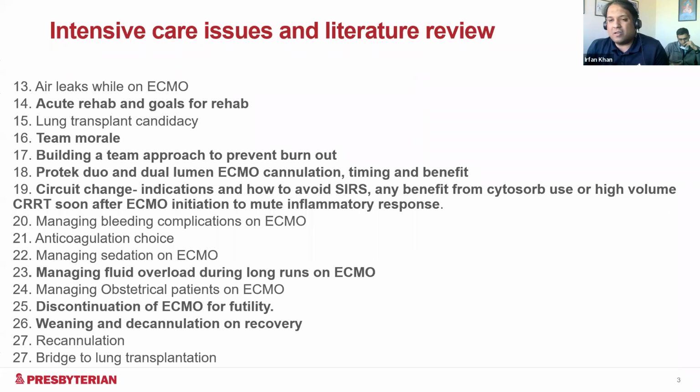The other thing that came along during this course is Protectio and the other dual lumen ECMO cannulation techniques that essentially help us do RV to PA cannulation and essentially bypass the right ventricle to a great extent to prevent a failure. Looks like there are a few centers that have done this and have had great outcomes.